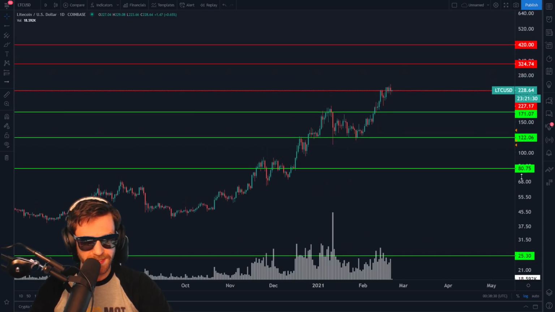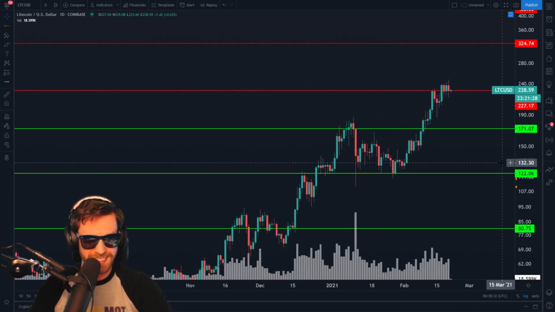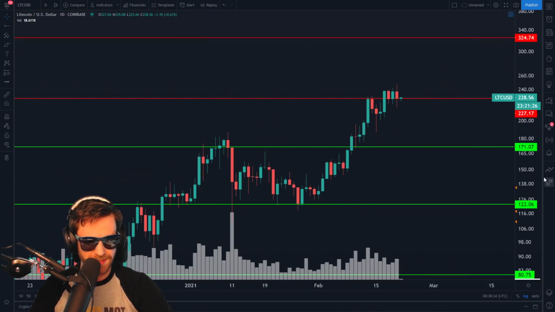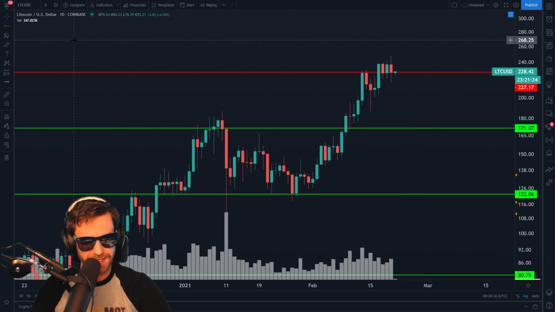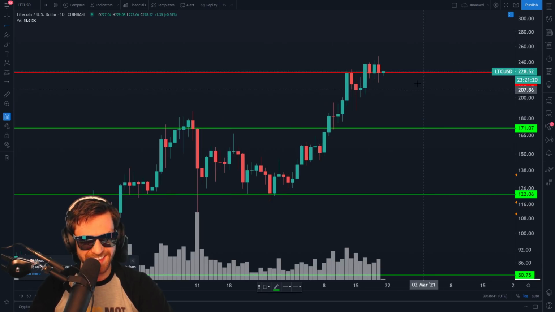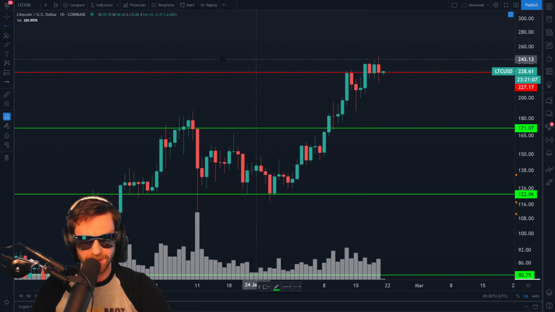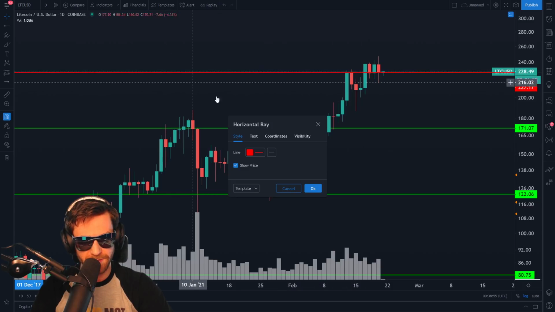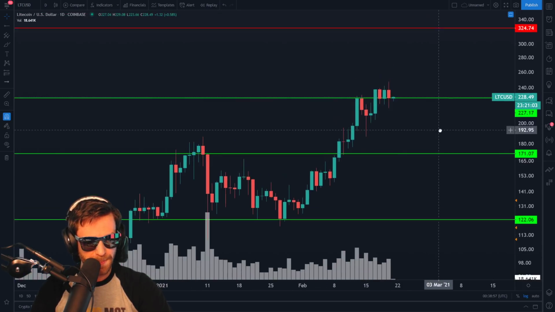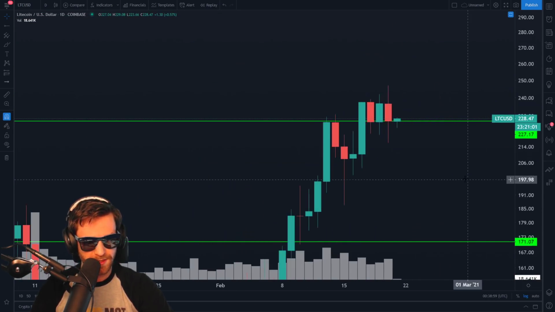So now that we're zoomed into the daily, we're going to do the exact same practice that we just did on the monthly and the weekly. I know a lot of this is not super exciting, guys, but this is how you set up a chart. What I first see here is these multiple candle closes on the daily. The market was unable to push above and sold off. However, it looks as if we might even be able to turn this green. We're going to zoom in a little more,